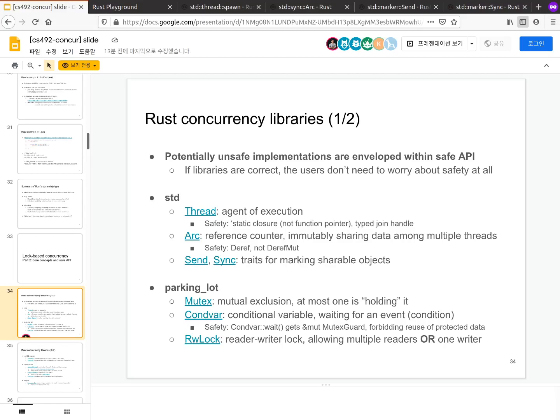Okay, so the key point, as I said, is that the user doesn't need to worry about the safety at all. They can just use the API without worrying about the safety. The famous libraries include those inside std, which is the standard library of Rust, and what is called parking_lot, which provides the low-level concurrency features like mutexes or condition variables,